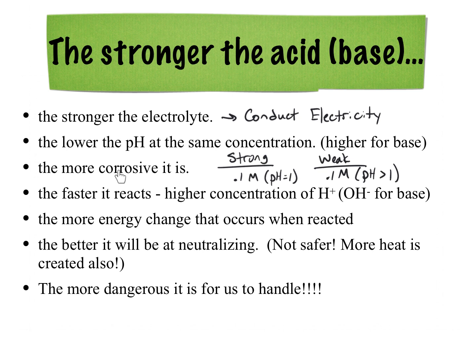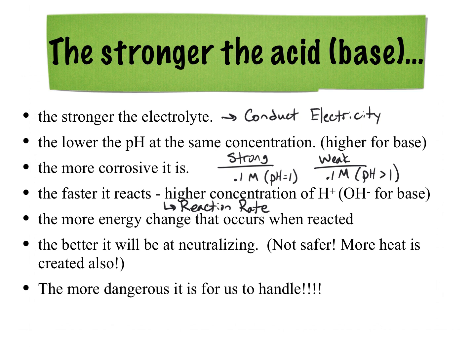Now, the stronger the acid, the more corrosive it is. The weaker the acid, the less corrosive it is. Also, the stronger the acid, the faster it reacts. Higher concentration of H plus ions means it reacts faster. And this kind of tracks with what we learned in the kinetics chapter, that the higher the concentration of the reactants, the faster the reaction is. So faster reactions happen with higher concentration of H plus ions, and the stronger the acid, the more H plus